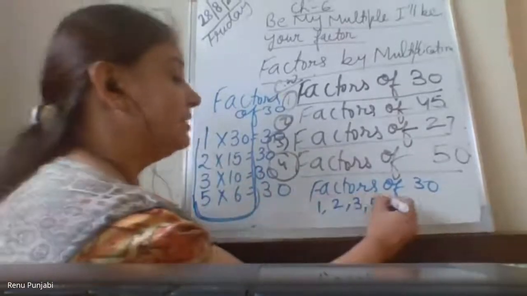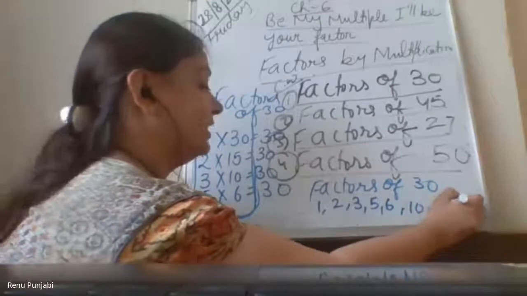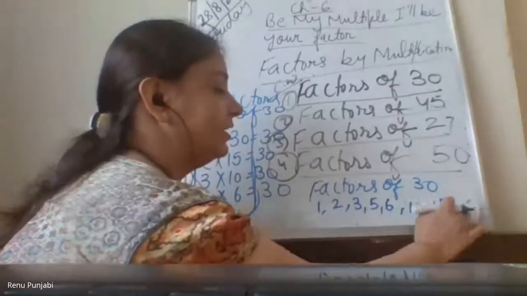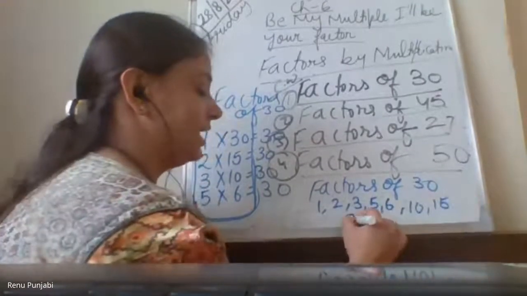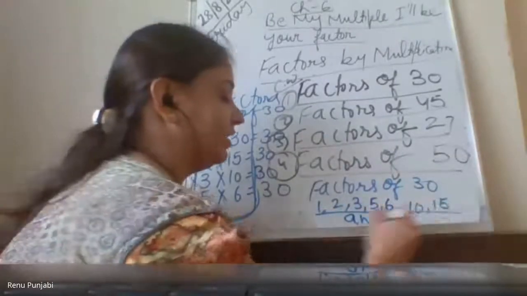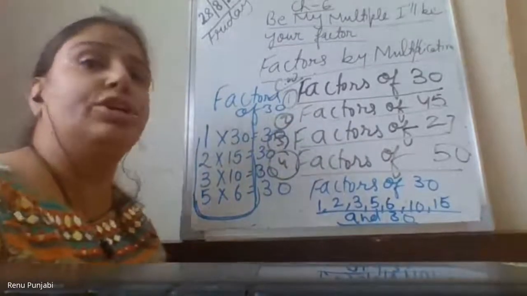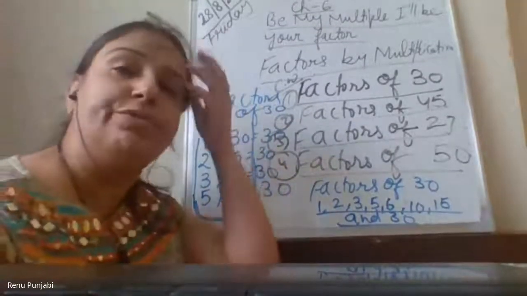So next is 6, then 30, 10, then 15, then 30. Last is 30. So these are the factors of 30. This way you have to solve the factors of 45, factors of 27, factors of...